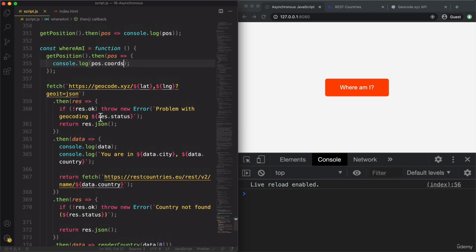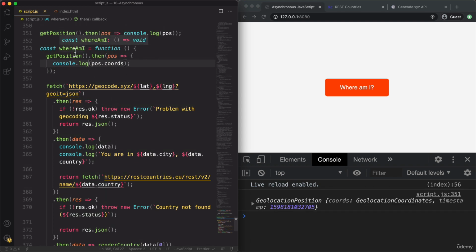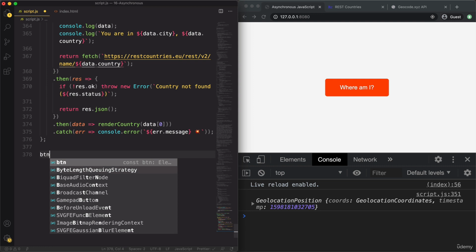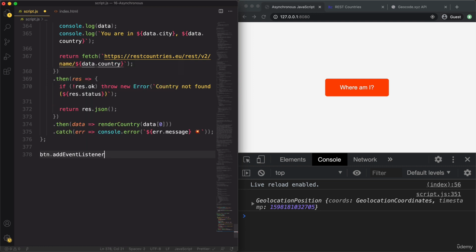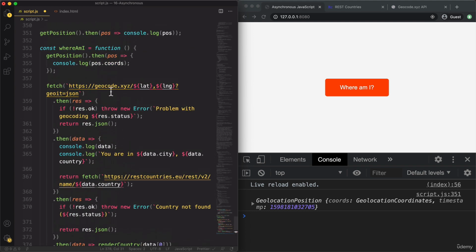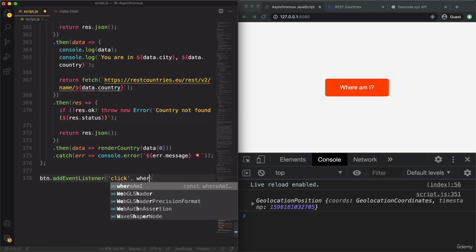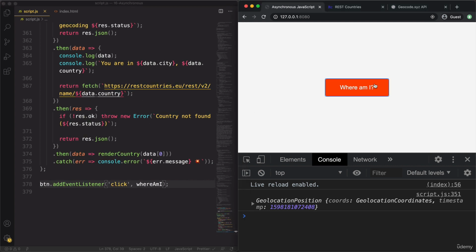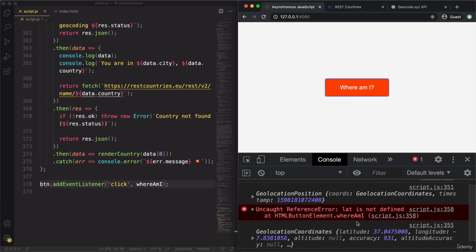Okay. So let's run this, but probably we're going to get an error when we run this. Oh, and actually we first need to set it up with the event handler. So remember, that's the button. And then add event listener. And of course, we could also immediately run the function, but I think that it's nice to call it only when we click that button. And here we actually can simply pass in that function now. So the where am I function, because we don't need to pass in any arguments. So if we click now,